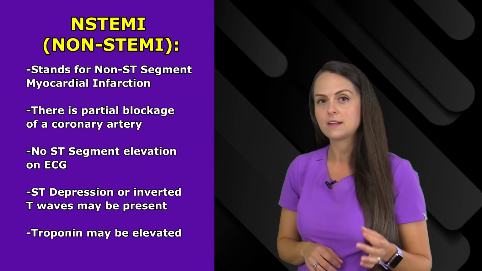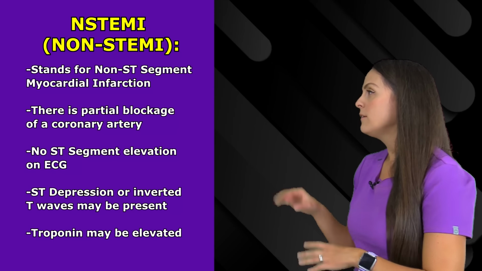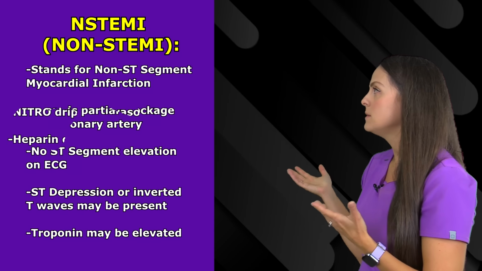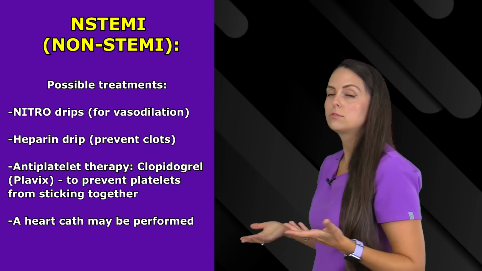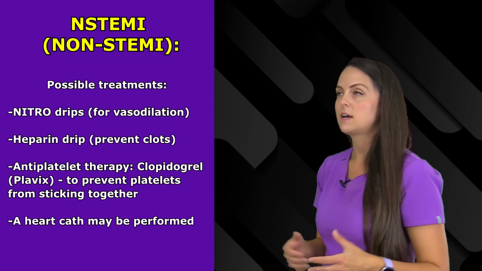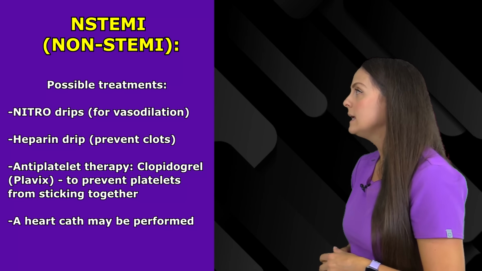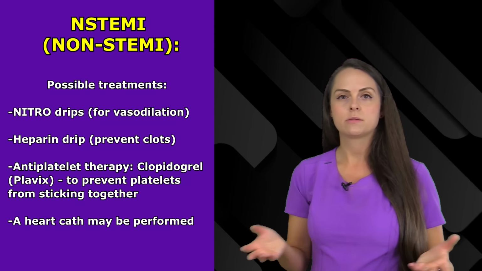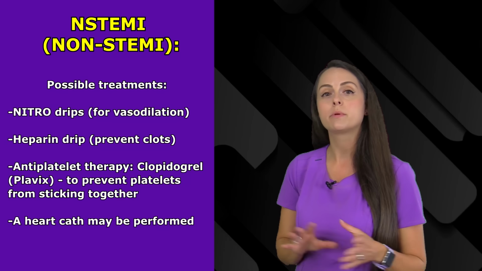Troponins can be elevated as well. So whenever this happens, some treatments that could be used are starting them on a nitroglycerin drip. This will help increase blood flow to the heart because it causes vasodilation, which is what we majorly need in a condition like this. In addition, the patient can be started on a heparin drip, which is going to prevent